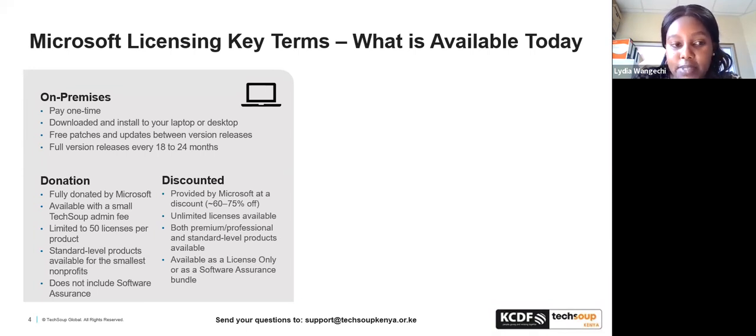is highly subsidized. For example, Office standard for organizations outside Kenya is about $36 if I'm not wrong. And for organizations in Kenya, it is about 4,115 Kenya shillings for one license. So you multiply that by the number of licenses that you require. So if you need 100, you can get 50 as a donation, whereby you're making savings of up